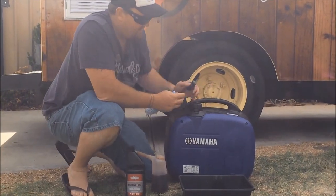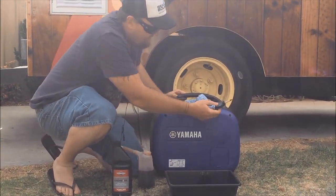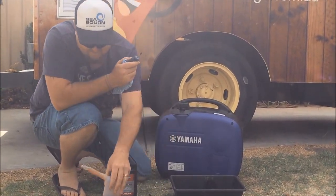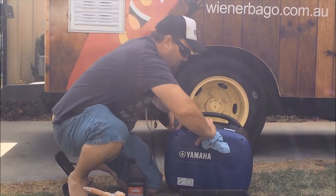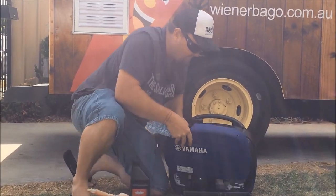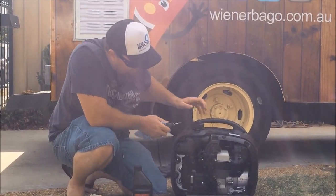And you've only got 2 Phillips head screws at the top here of your outer case for the Yamaha. So you just unscrew them. We've already taken them out, and then the cover will just pop out. Just get your hand behind there. Now you've got your